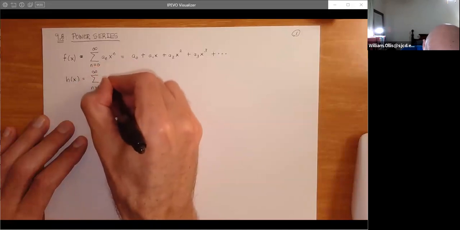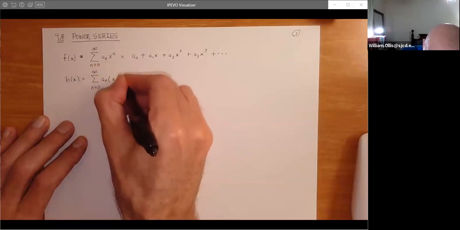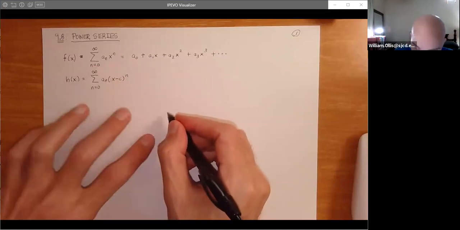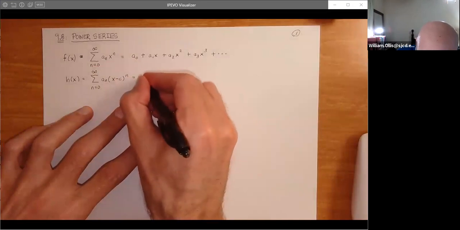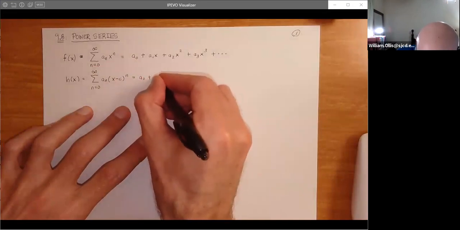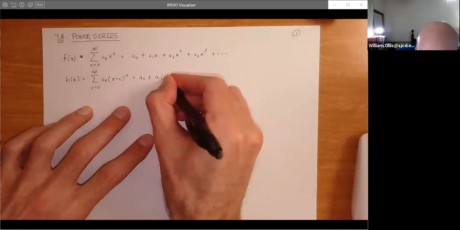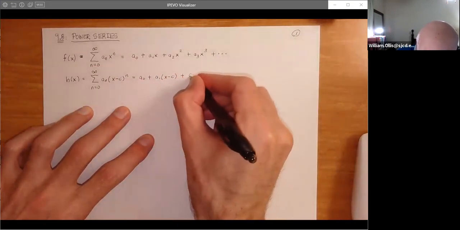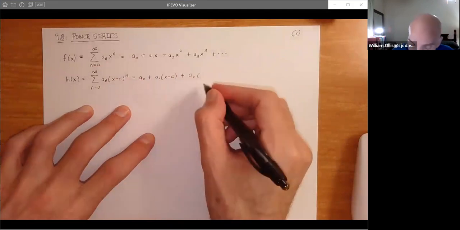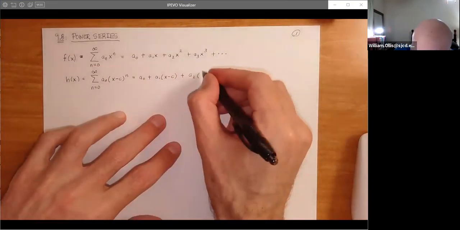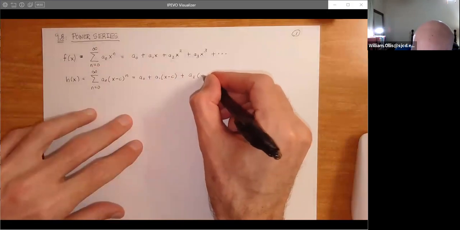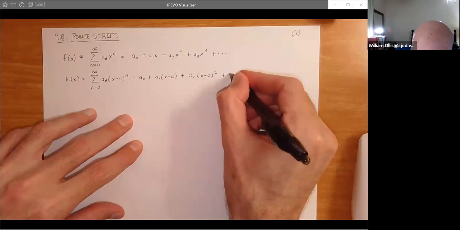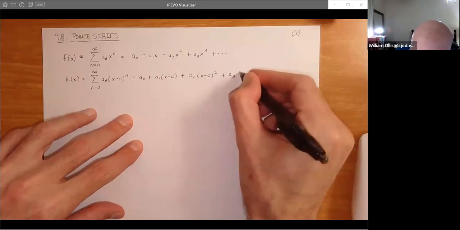So we could have an a sub n, and then we could have an x minus c, where c is not necessarily 0 like it is up here. And of course, we can write the same type of expansion. So again, we want to be as general as we can be, but often many of our properties will be stated in this form just for simplicity. It's not that we're discriminating against the c. I think it just turns out that we get a little bit lazy. So let's say a sub 3,